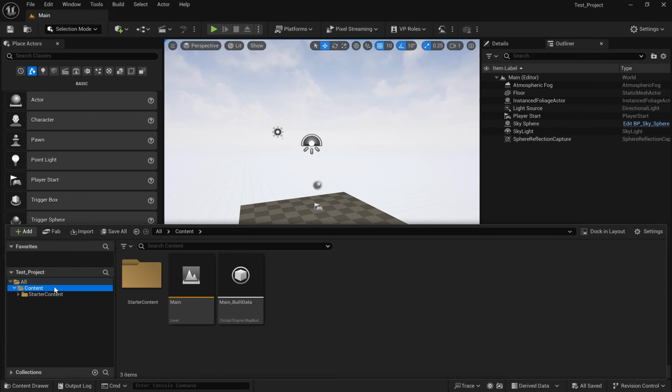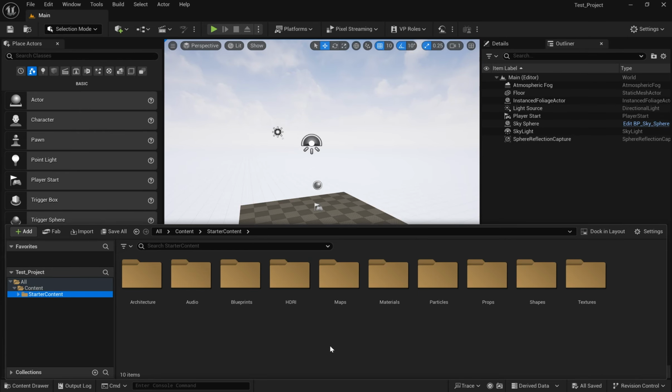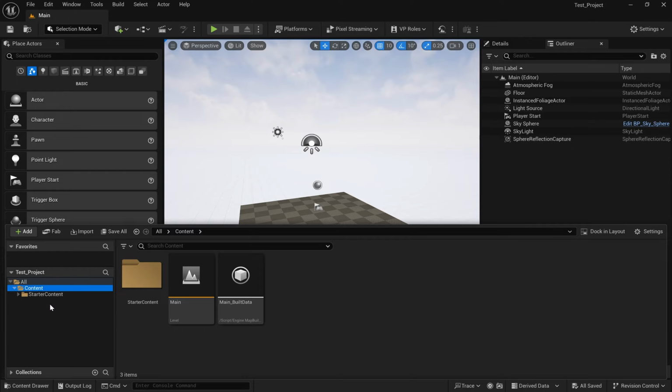So we have a section for content, and we have our starter content. I don't really want to touch the starter content because this is what Unreal gives us by default. So I'm going to create my own folder in the content section. You can also create it up here, but I just created it in the content just to make sure that everything